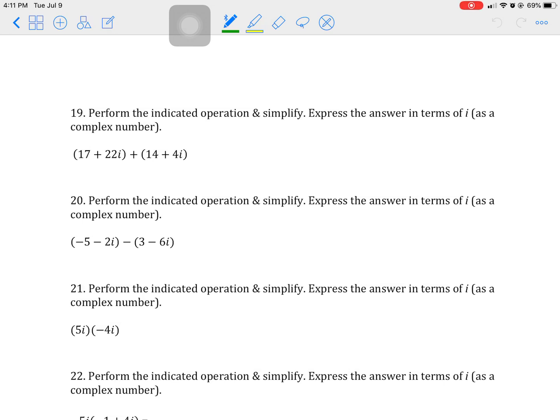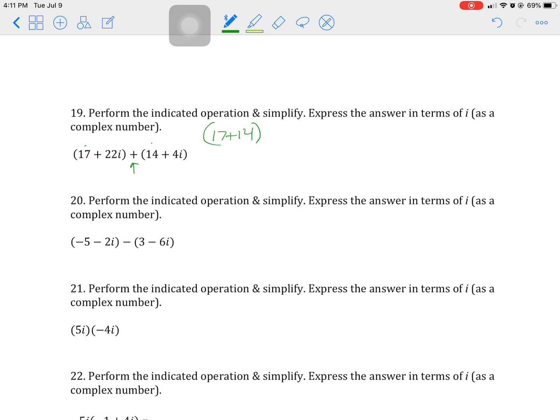Okay, review page 3 for Unit 2. Question 19. Perform the indicated operation and simplify. Express the answer in terms of i as a complex number. So this is an addition problem, which means real plus real. So 17 plus 14